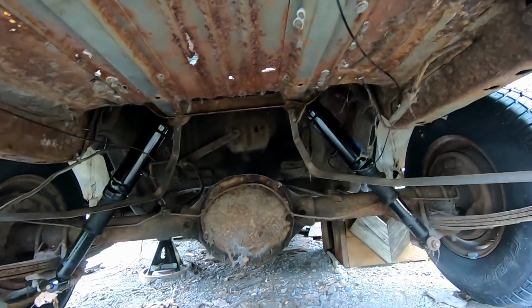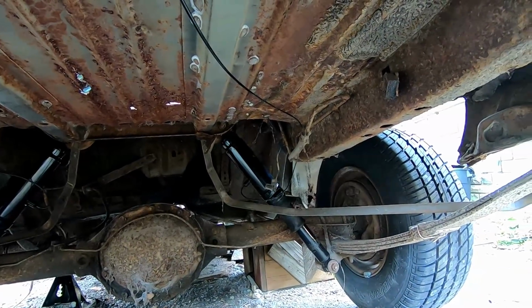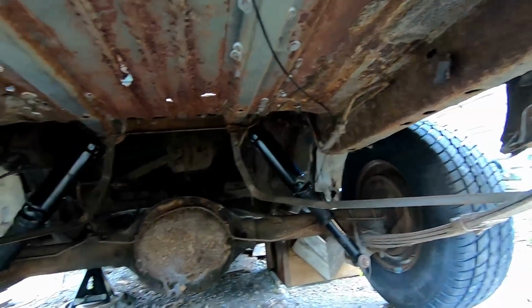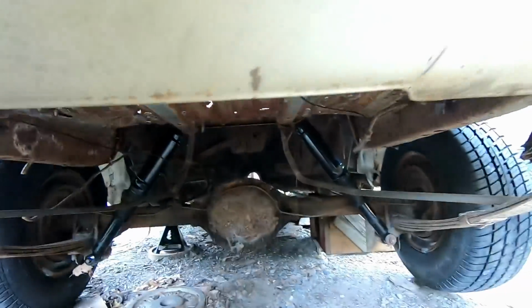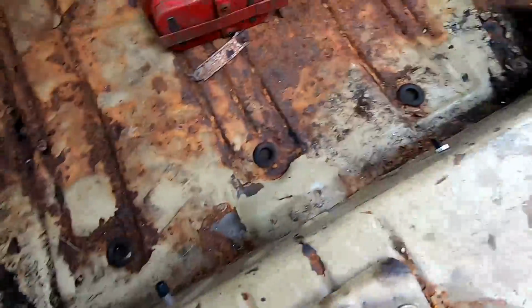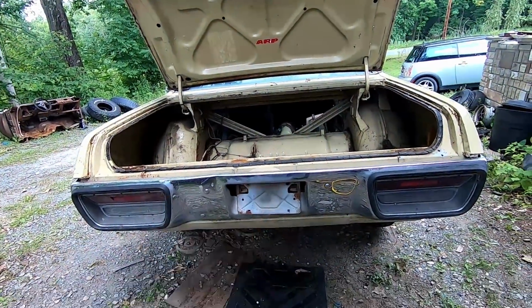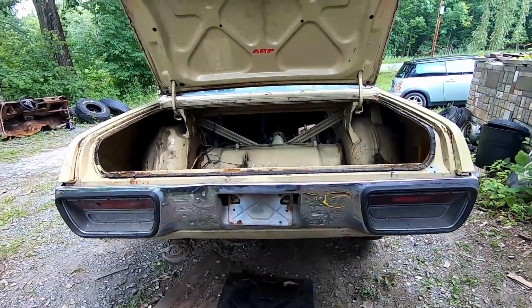So we put the new hardware in, and I had to run to Advanced Auto right quick and get myself one of the little valve stems. So now we have 2 valve stems, and we can both of them. So I'm gonna go ahead and drop it on the rear 2 tires, and unfortunately the front tires aren't going to be here until tomorrow, so